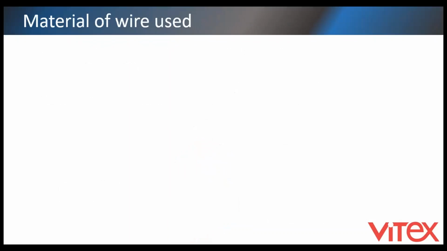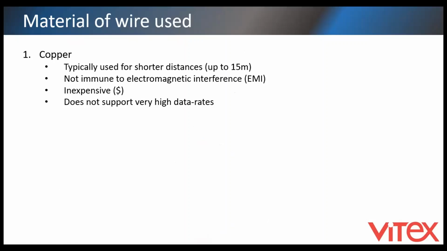So moving on to the next parameter, which is the material of the wire used. As I mentioned earlier, there are three types of materials. The first one is copper. Copper is traditionally used in most cables since the olden days to carry electrical signals. Since the mode of communication is electrical signals, it typically can go up to shorter distances such as 15